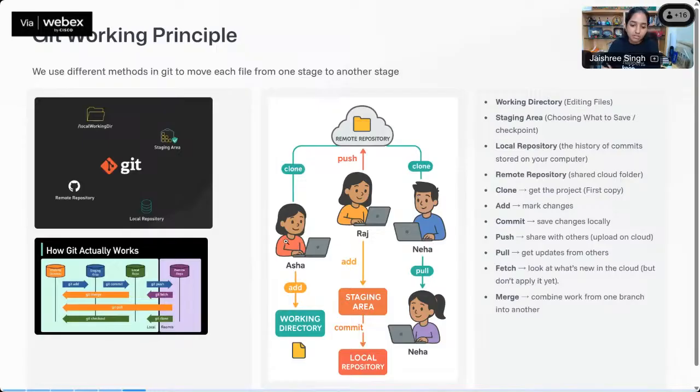Okay, so the first thing is that all three of them will do the clone. After doing clone, they take the project into their local machine, that is their laptop. After that, she will start editing the introduction part in the project. After that, she will add that